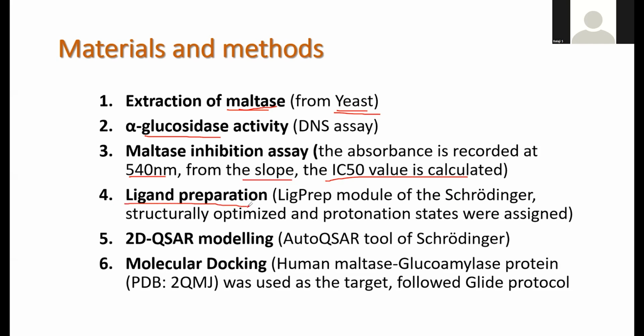And then we prepared the ligands. These are monoterpenes, prepared using the LigPrep module of the Schrodinger software. Then we developed a 2D QSAR modeling equation based on the AutoQSAR tool of Schrodinger. And then we did molecular docking with human maltase, because ultimately we are looking for an anti-diabetic effect. There is a crystal structure available from PDB of the human maltase-glucoamylase protein. This accession number was used, and we did all these preparatory steps,